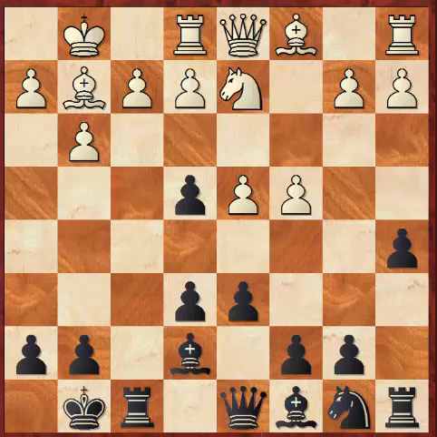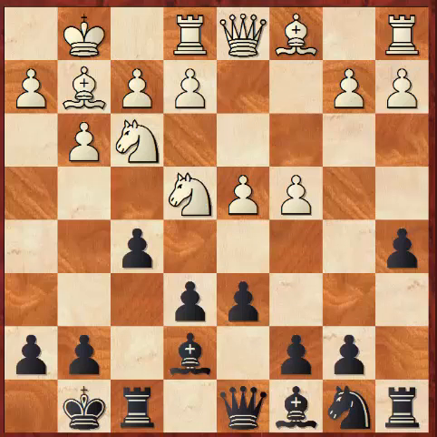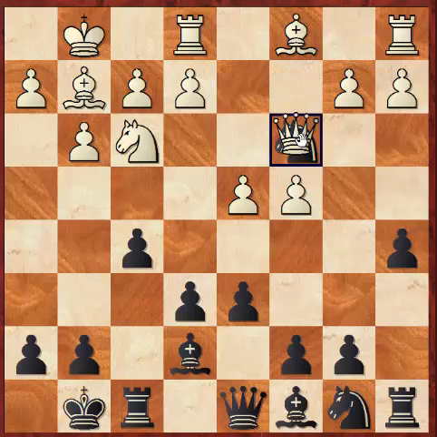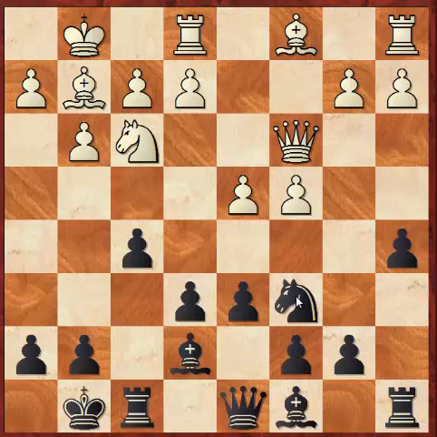But this line's not very popular. Hardly anyone takes on e4. I think the most common move here is to play queen to c2, and then after this move we can take on c3, queen takes c3, and now it's a really nice move here, knight c6,